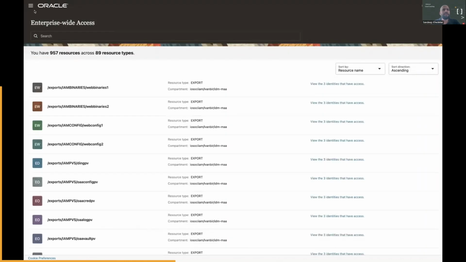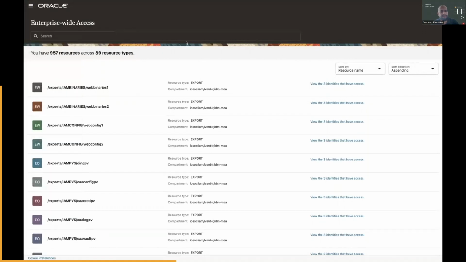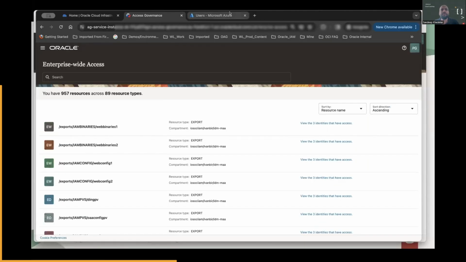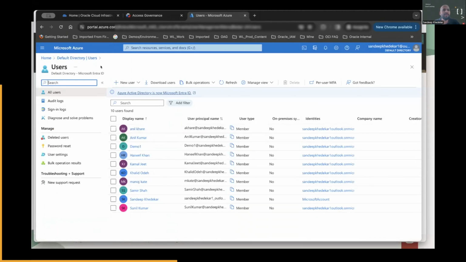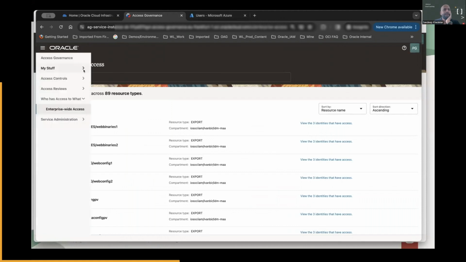Before I jump there, allow me to show you my instance on Azure. These are my set of users. Now I'm going to quickly do a new account provisioning request, right?